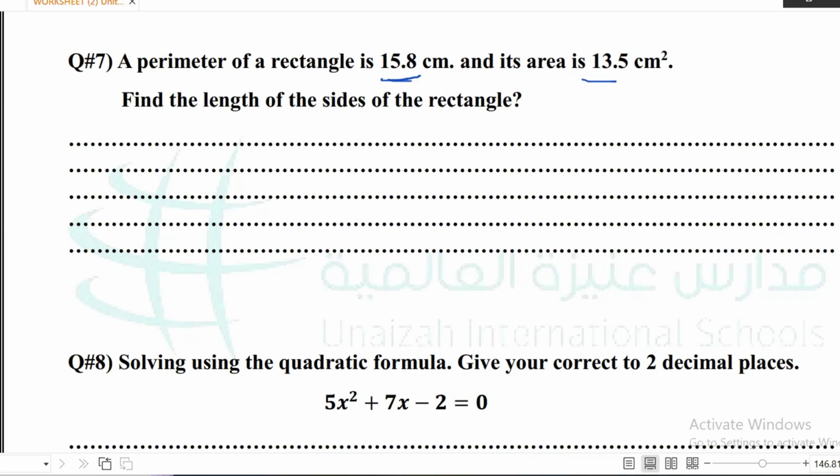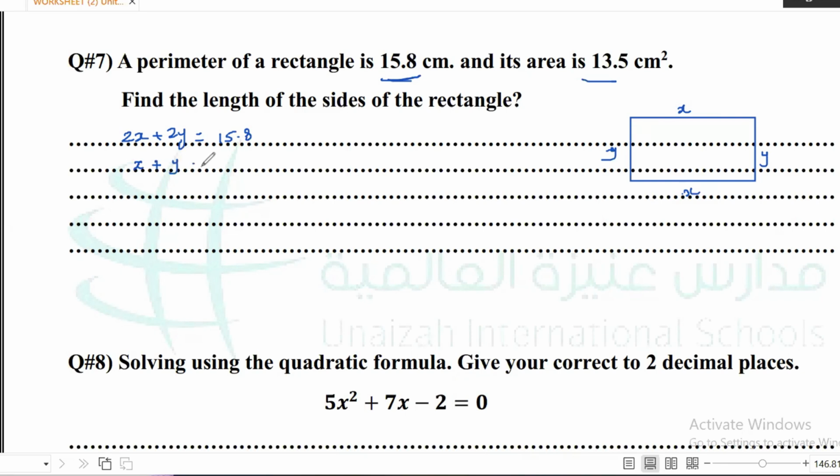Remember that if we have a rectangle, and in that rectangle the sides are, let's suppose, x and y, the perimeter is, because opposite sides are equal, basically 2x plus 2y, which is given as 15.8. Then if we divide by 2 throughout the equation,